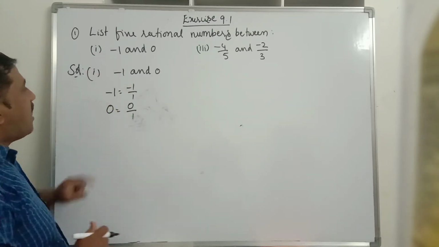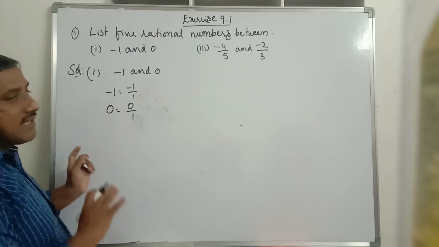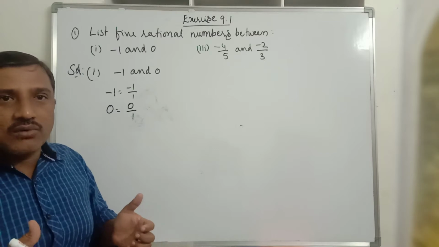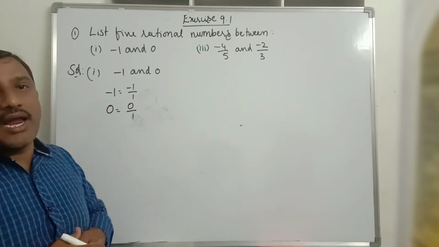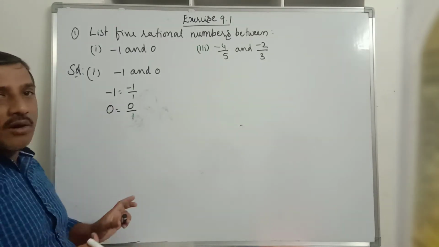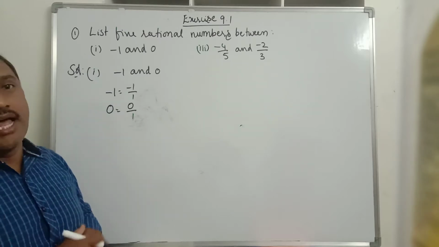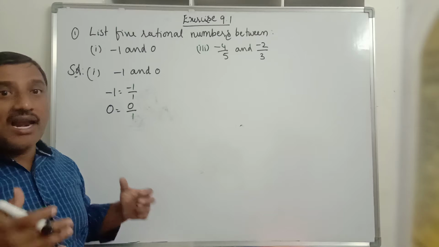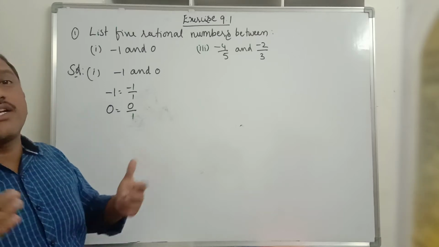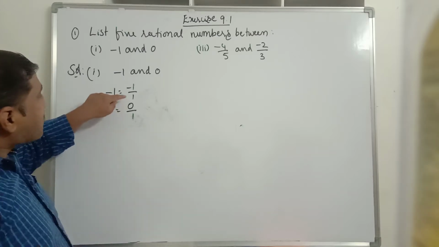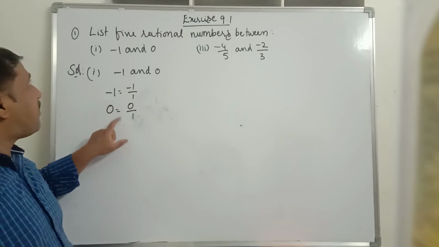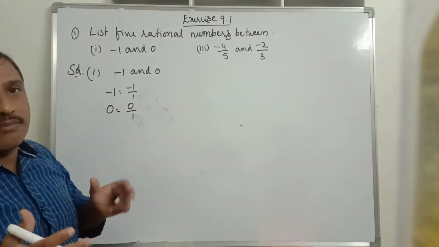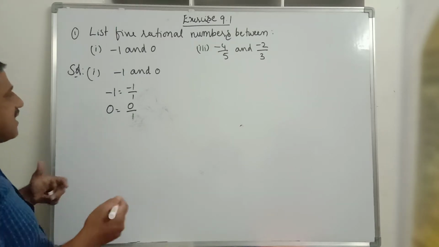5 rational numbers. Now multiply these two rational numbers by 6, which is 1 more than 5. Take one more than the number of rational numbers we wanted to find, and multiply both the numerator and denominator of both rational numbers. That is, we convert them to like rational numbers. Like rational numbers means the denominator should be the same. Here the denominators are the same, but we can find the rational numbers in an easier way this way.